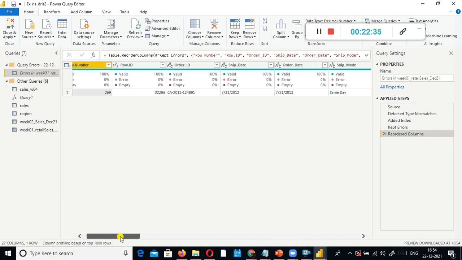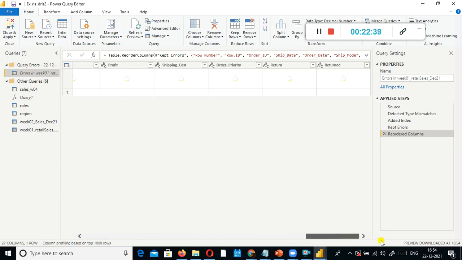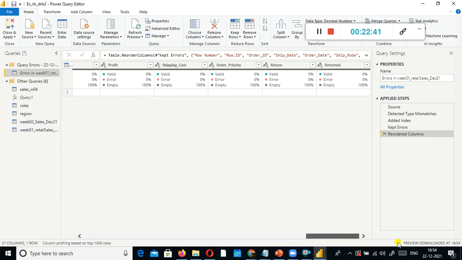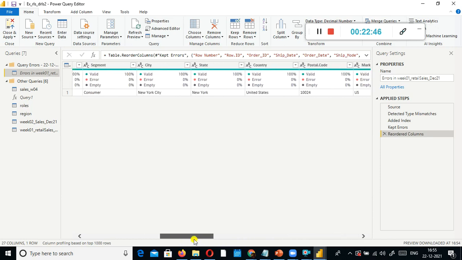Somewhere some error is there here. An error is 0, and we don't see any error here. I don't know why it still shows error.